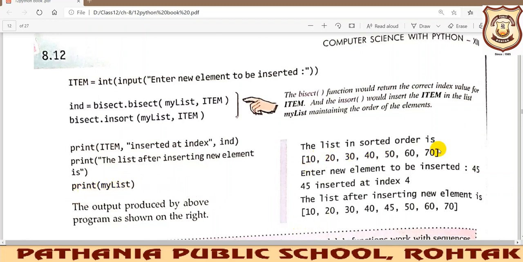Initially the list was this, then the new element you wanted to enter, 45, you have given like this, and it is then giving you the index of 45 as 4. It is going to be inserted at index 4, and then finally the result is this. So this is a very easy method using the bisect module, bisect function and insert function.